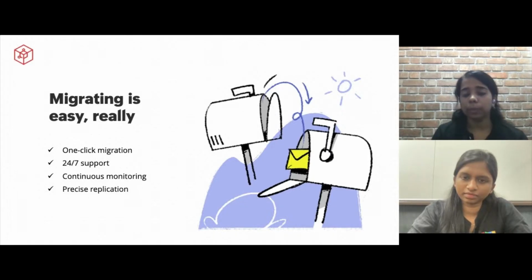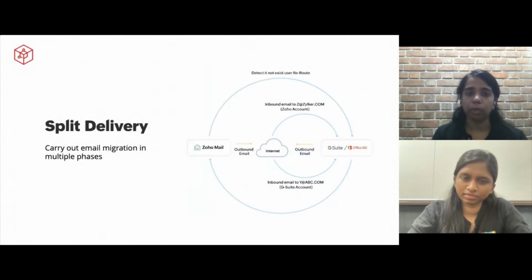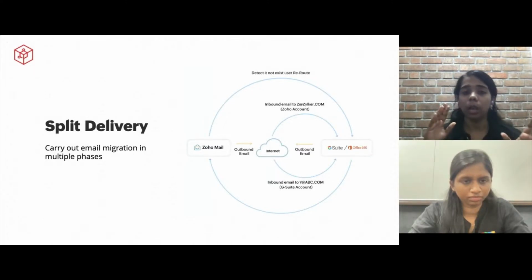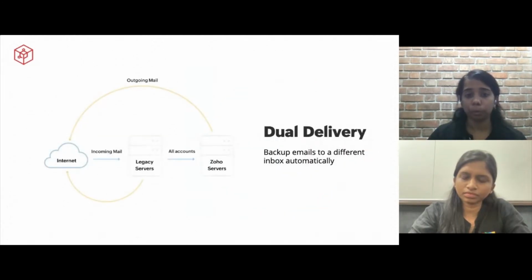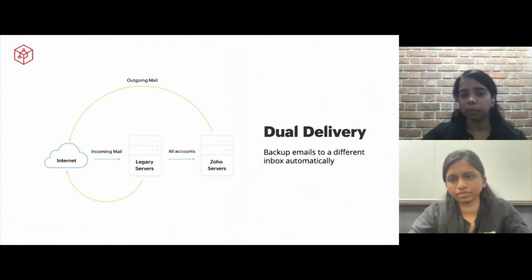And as you contemplate moving, switching, or migrating, you can also make use of split delivery, where you can configure some accounts in Zoho Mail and some in your existing servers, and you can carry the migration out in multiple phases, so that you get an idea of what's happening when accounts are hosted in Zoho Mail, or you can go for a dual delivery where you deliver a copy of your emails to your own legacy servers as well, in addition to Zoho Mail. So many such options to make you comfortable during the migration process